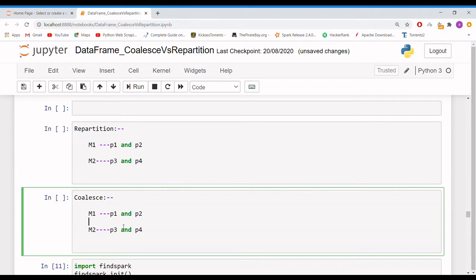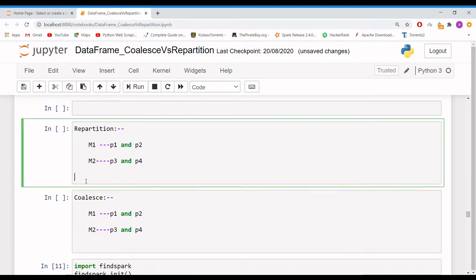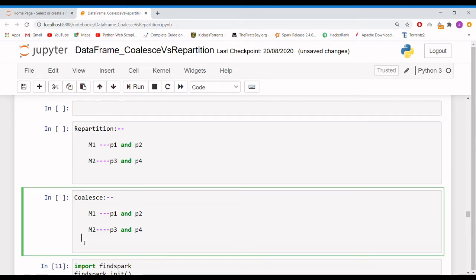That is the reason people use coalesce rather than repartition. And one more thing: if you go with repartition, you can increase or decrease the number of partitions, but if we go with coalesce, we can only decrease the partitions, we can't increase them.